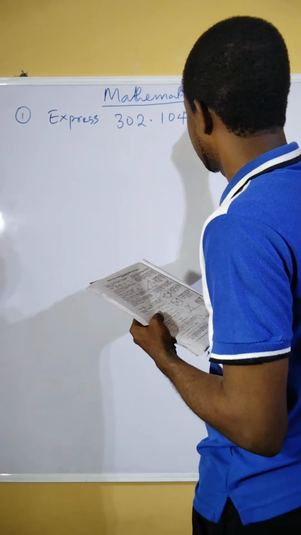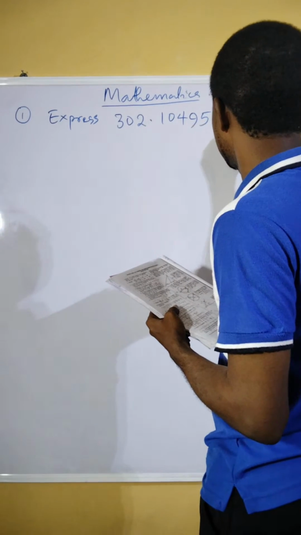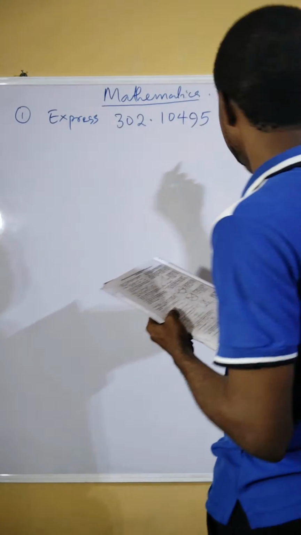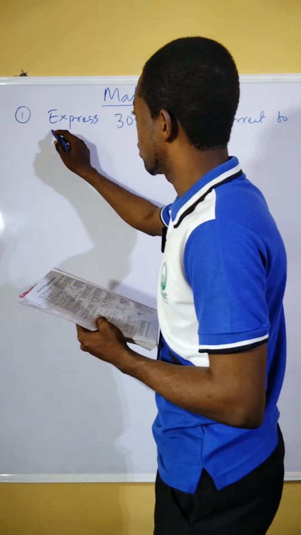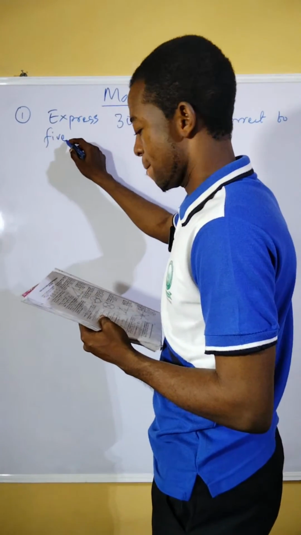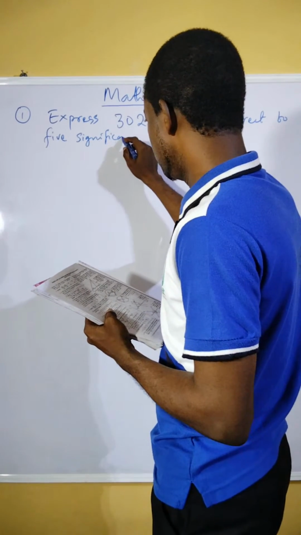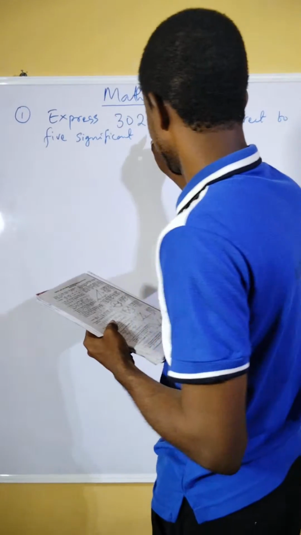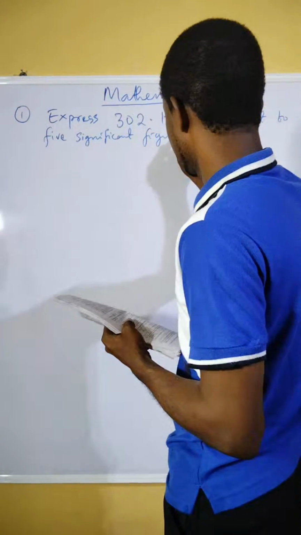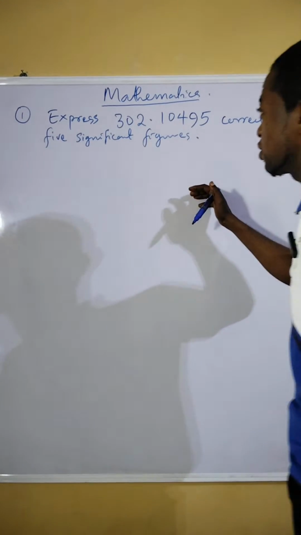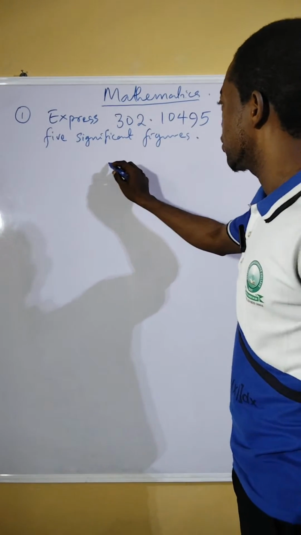302.10495 correct to 5 significant figures. So express this to 5 significant figures. Here, what we have